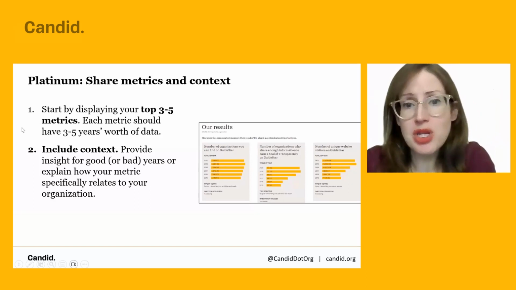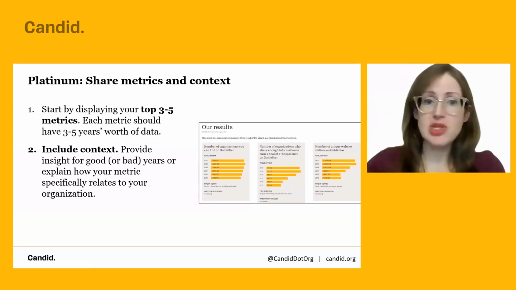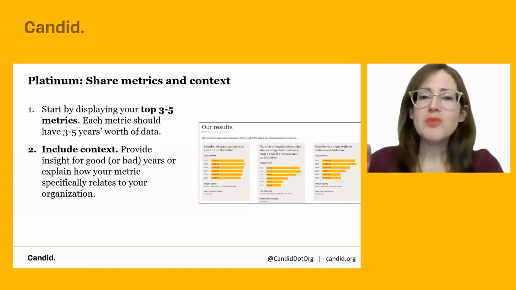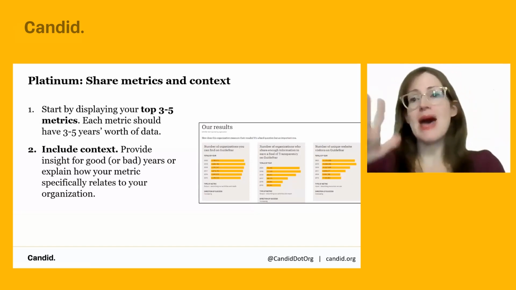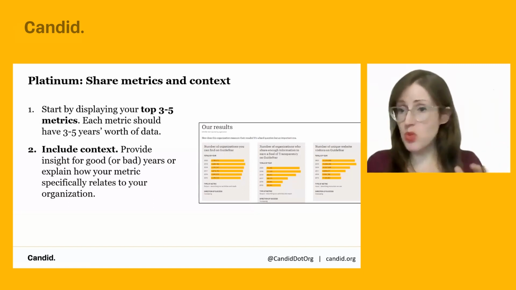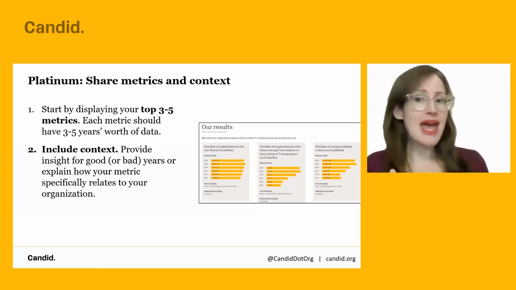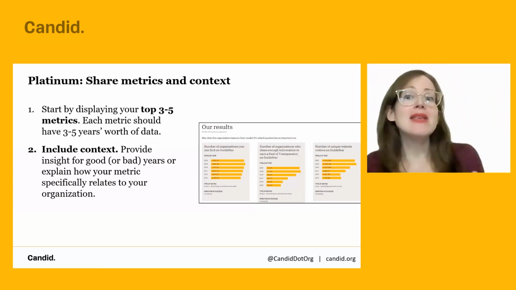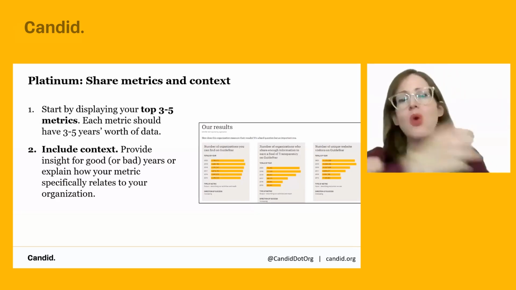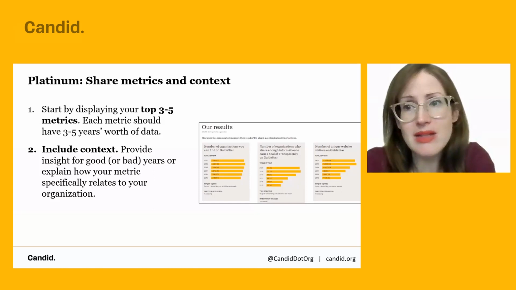And you have the option as you're displaying these metrics to include context notes if you need to, which means if there's been anything that has affected your ability to get results, like if there is one year when you had an unusually high impact compared to before, and you want to explain why that is, you can do that. Or if there is a year in which you had unusually low impact, and I know